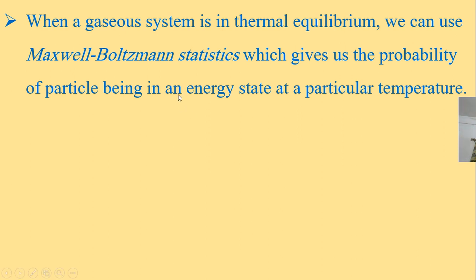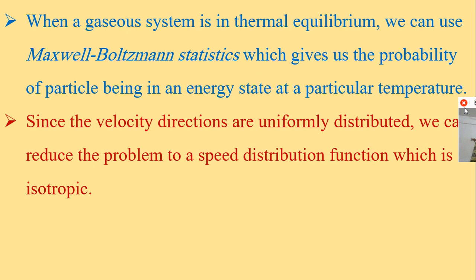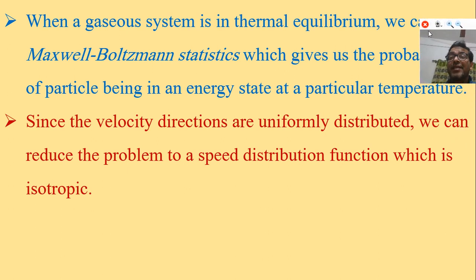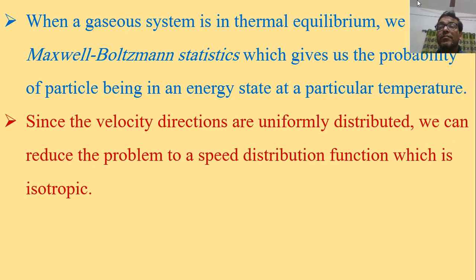Similarly, what is this? Another thing that again we can say is that we reduce the problem to a speed distribution function, which is isotropic. Now we are coming to another thing, the Maxwell-Boltzmann statistics, because you know that there are lots of gas molecules. If the gas molecules are moving in different directions, after collisions, the elastic collisions occur, then we have to use some